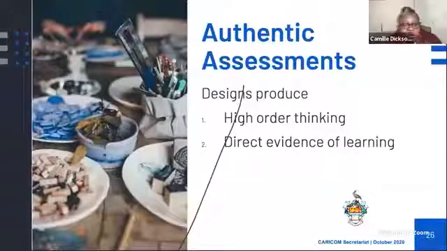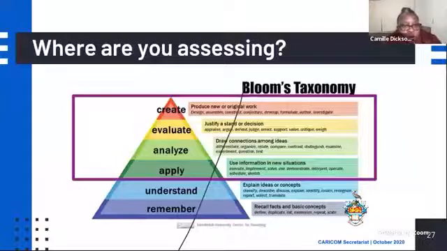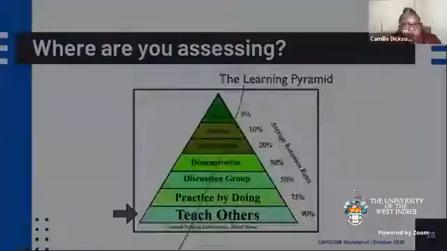What happens when you use those three things is that the designs that you produce are higher order thinking, and you can directly evidence the learning when you do that. So when you're assessing using an authentic task, your Bloom's taxonomy and the critical aspects of critical thinking and higher order thinking begins to go all the way up to the top, where you can see that they're producing extra work, they're doing something by themselves, they're performing a task, right? It has relevance, there's justification, they draw connections among ideas, they use information in new situations. That's a lot of transference and a lot of meaning making from the classroom to the society and where they live and their communities. Likewise, in the learning pyramid,